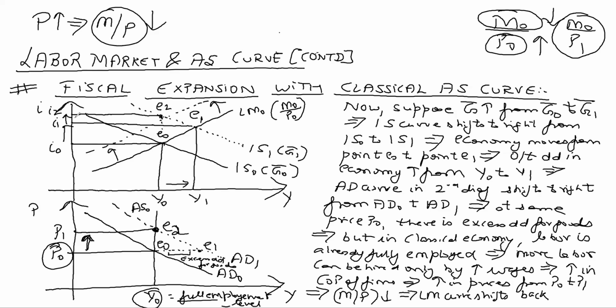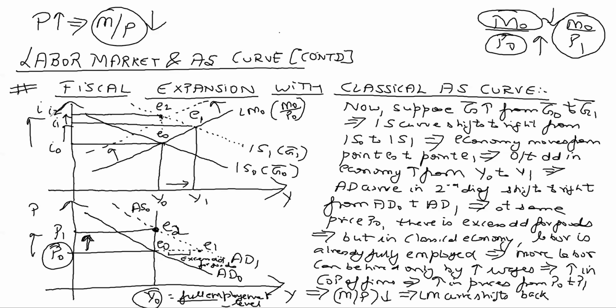So guys, if you look at the diagram, in the classical economy, what is happening? All the nominal factors are rising. Wages are rising, prices are rising, interest rates are rising. That means in the classical economy, all nominal factors are rising. But is anything happening to the real factor? Is employment changing? No. Is output changing? No. So classical economy has no impact on the real factors. It will only cause the nominal factors to change in the long run.